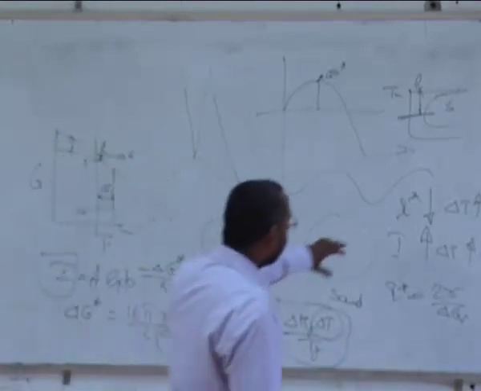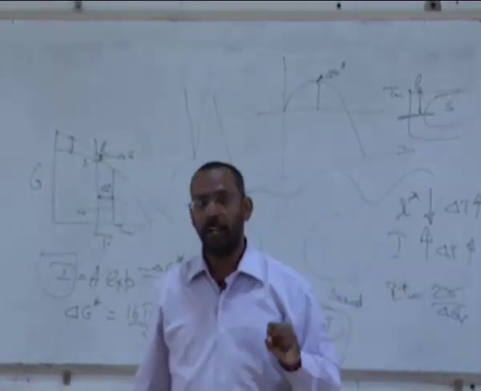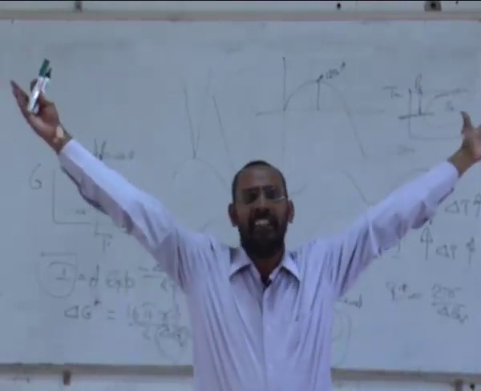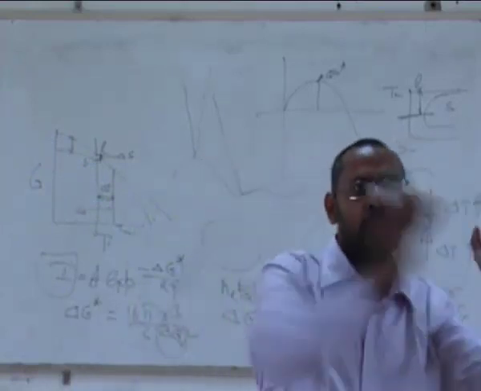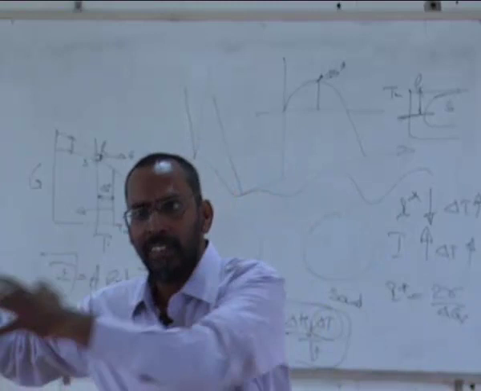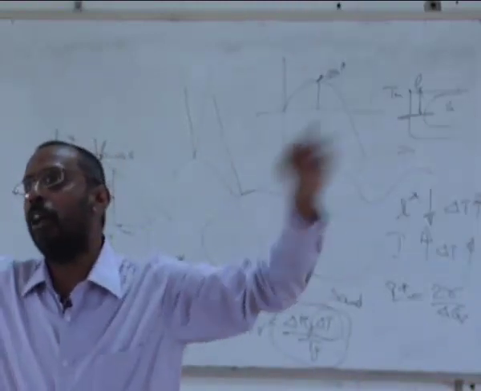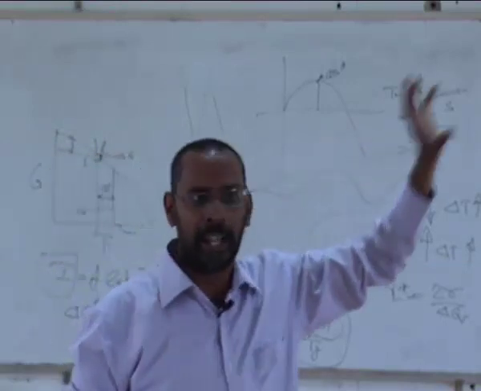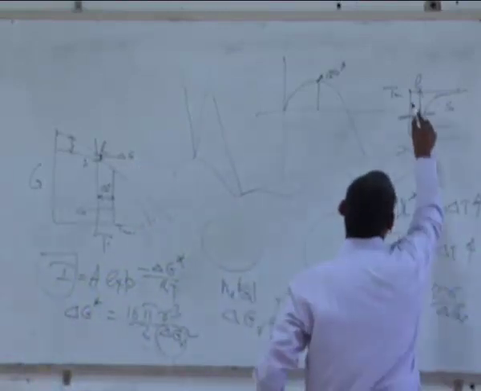So now you can see there are two things. One is the size of the nucleus is decreasing. That means you have smaller and smaller nuclei. And the number of nuclei is increasing. I is increasing. So if I compare two delta T's, one a smaller delta T, another a larger delta T, in the case of larger delta T, you have small nuclei and more number of the small nuclei.